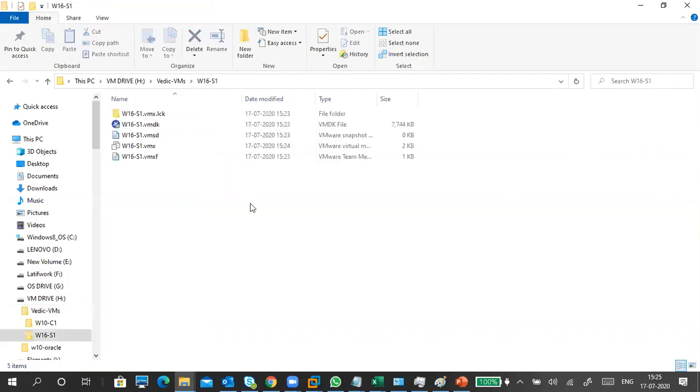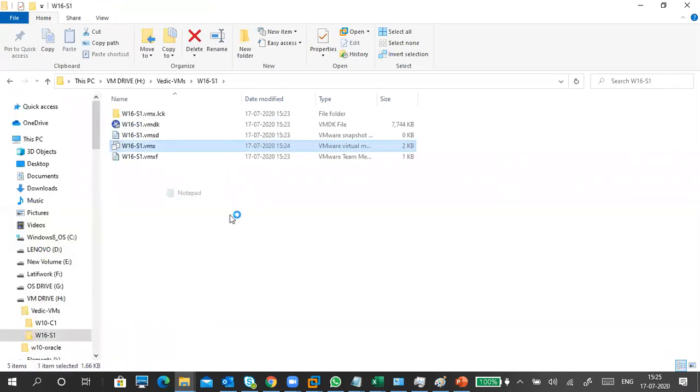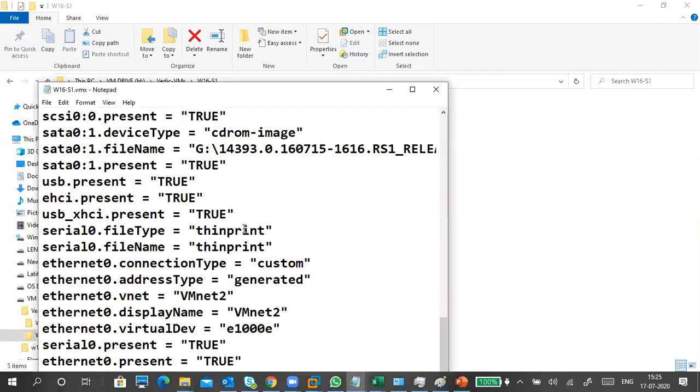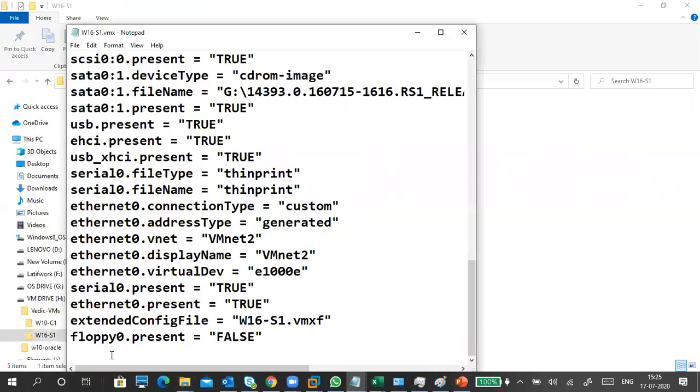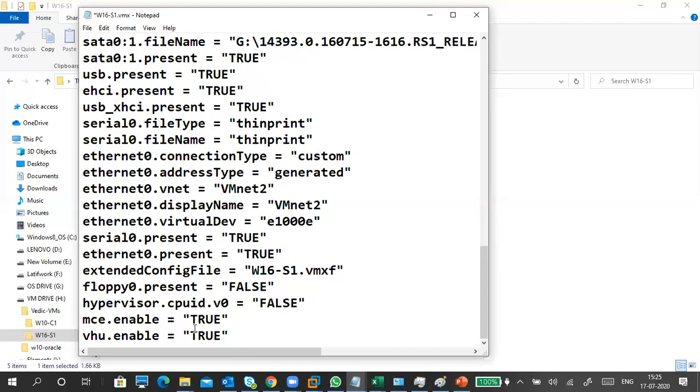And 2016 and 2019, what we are using are evaluation versions. It functions fully. Okay, so scroll down to the floppy 0. If you don't add this one, no problem. But if you want to add it, be careful. Don't add it somewhere in the middle. Go to the last line, make sure nothing is there. I copied these 3 lines here.